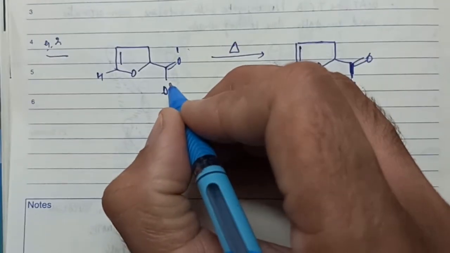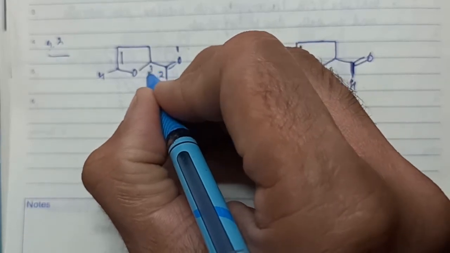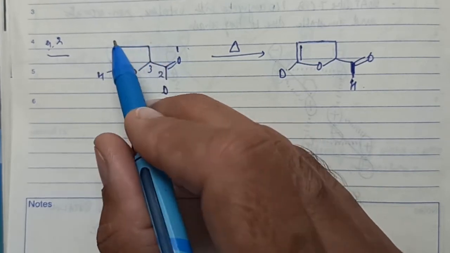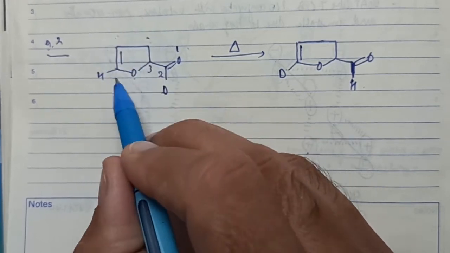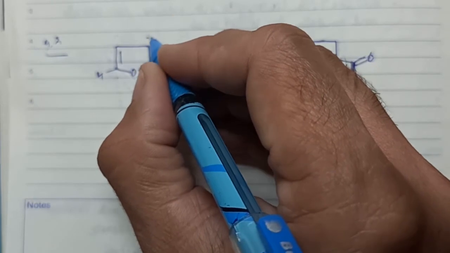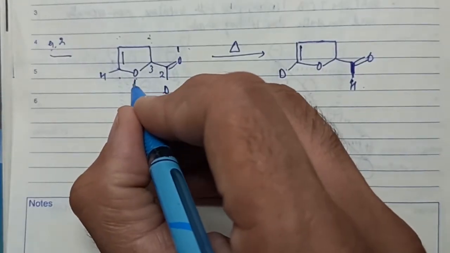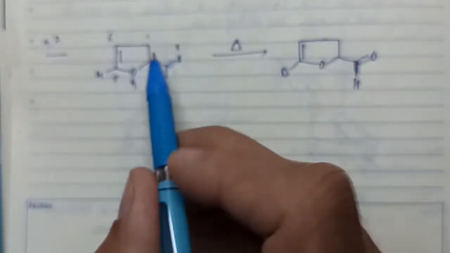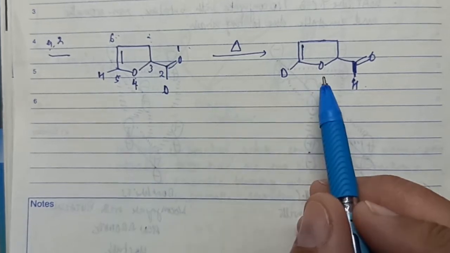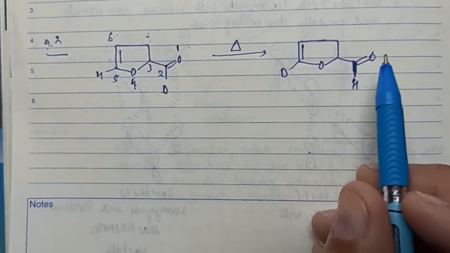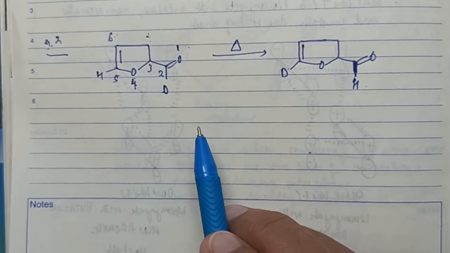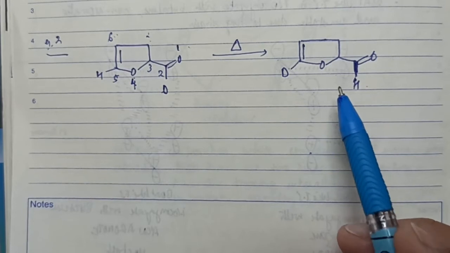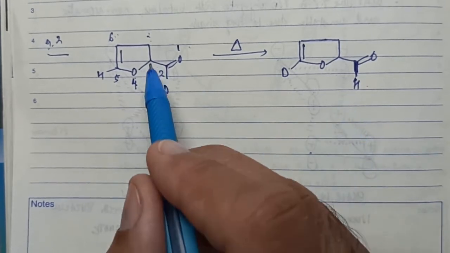This is the first carbon atom, this one is second, this one would be third. Now fourth can be either this oxygen atom or this one. If this is fourth, then this is fifth and sixth. I can probably use this one as fourth, or I can use this one as fourth. Let's say I use this one as fourth to start with, and then I'd use this one also as fourth. Why I'm using this oxygen as fourth is because ultimately in the product you can see that this oxygen atom is involved in the reaction. If you're not understanding it right now, let's leave this portion for the later part of this example discussion. We'll talk about this. Let's say I'm numbering this one.